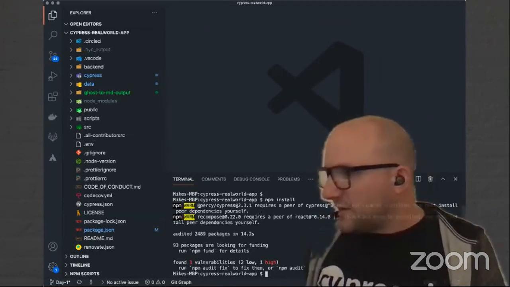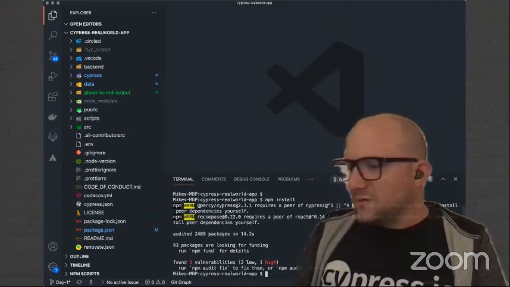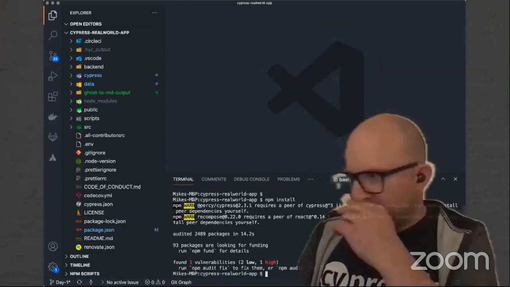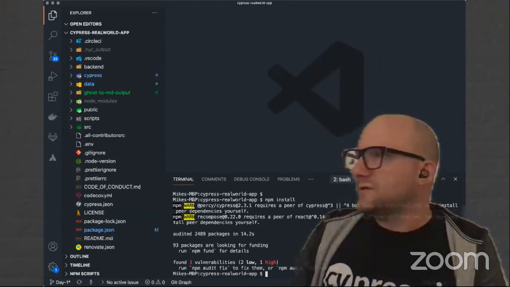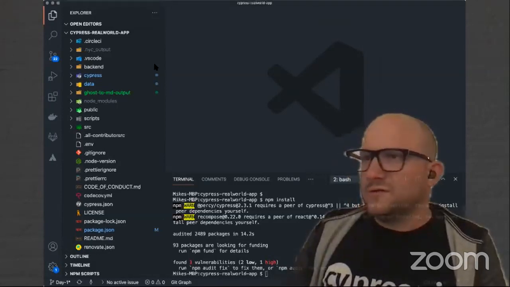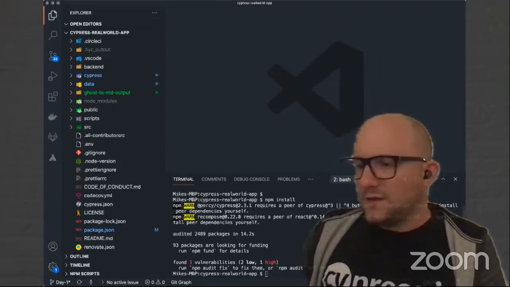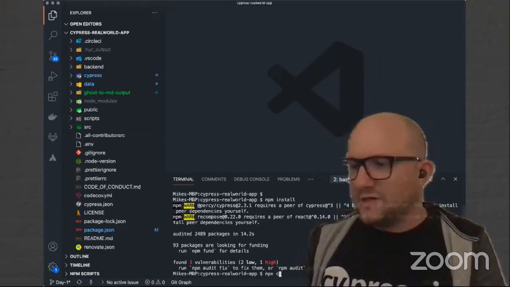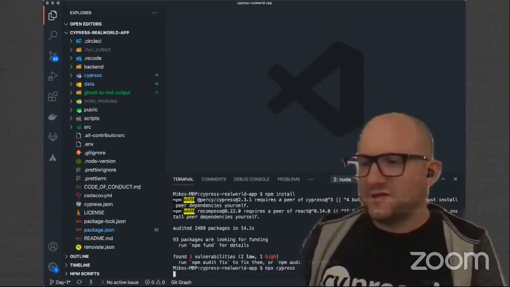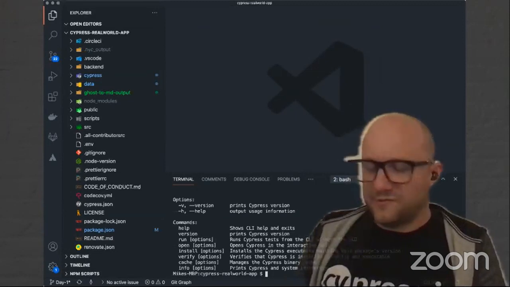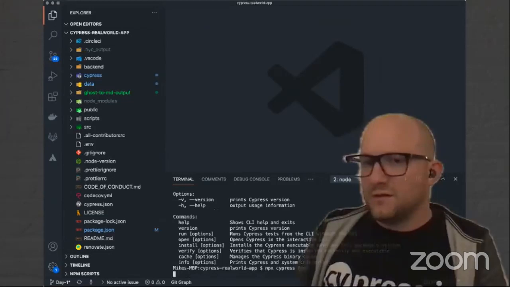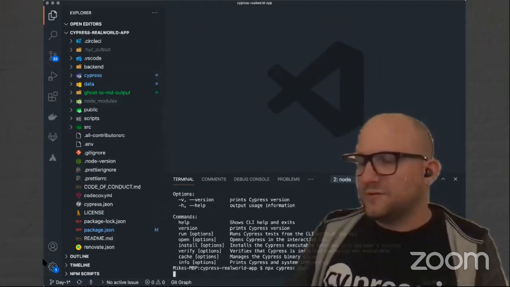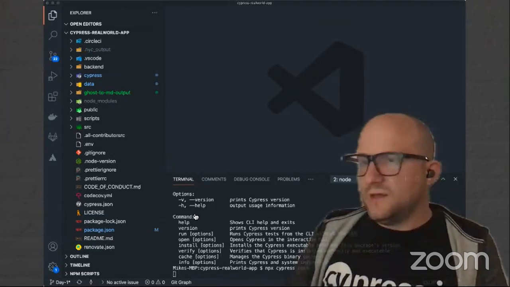Okay, so we ran npm install. We're on the branch, and we're in the right version of Node. So now let's say we did npx Cypress open, just like this. Then what we'll have is, you'll see that the